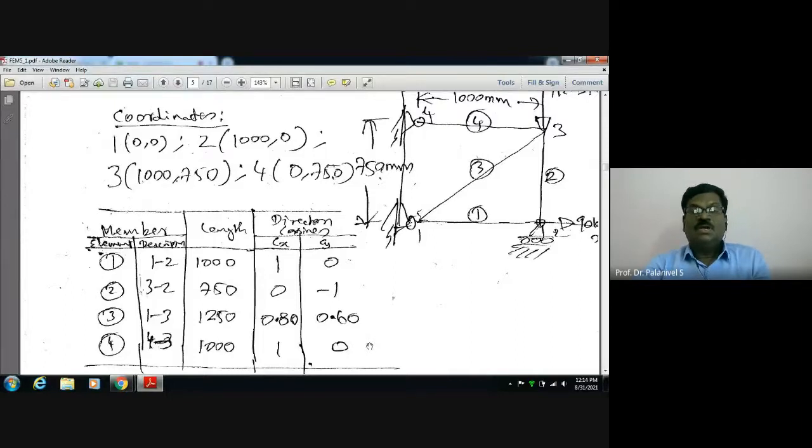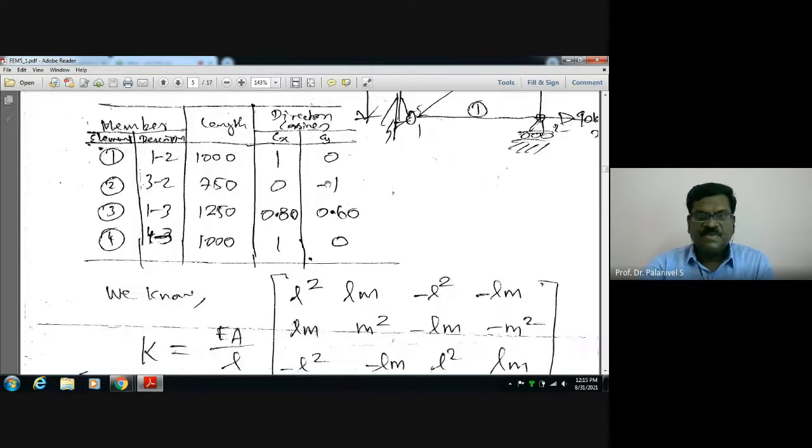This way you have to calculate the direction cosines. You have to be very careful. For 1, 2, take the node coordinates: that x value minus this x value, this y value minus this y value you have to write. For 3, 2, take coordinates of 2 and deduct the coordinates of 3 from 2. X value of this minus x value of this, y value of this minus y value of this you have to deduct. That divided by length will give you the direction cosines. Hope you have followed. This way I obtained the direction cosines.